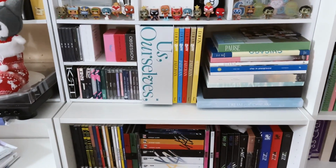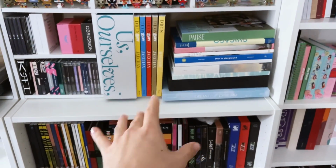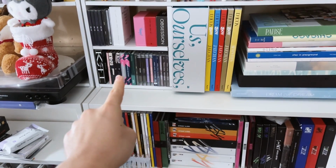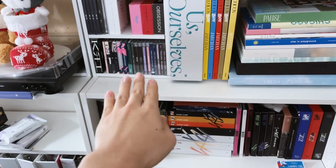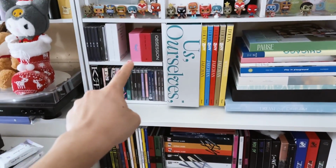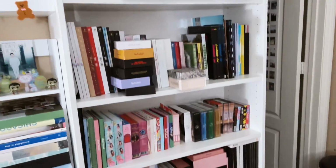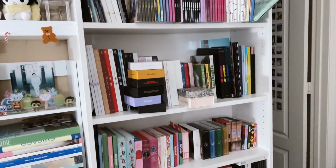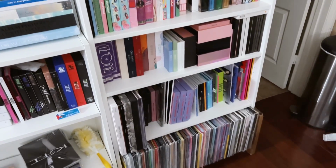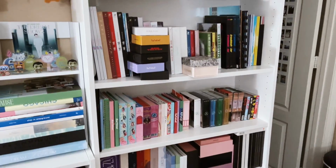And then over here, I did change things up a little bit. I put all of those bigger photo books over here instead. And you can see over here, this is where I'm putting the rest of my jewel cases and stuff. So you can see there's TXT, EXO, groups that are here. And then over there, it's just the rest of my Kinos and jewel cases for male artists. And then for the girl group digipacks and stuff, I'm gonna try and fit it on here instead. So I'm hoping it works out. I am a little scared though, because obviously my vinyl records take up a lot of space down there, and there's a lot of girl groups I collect, so